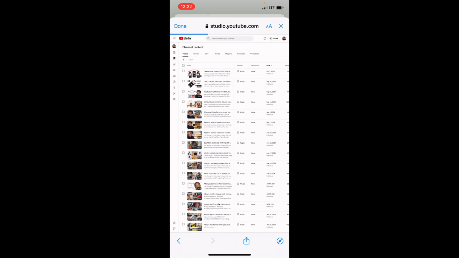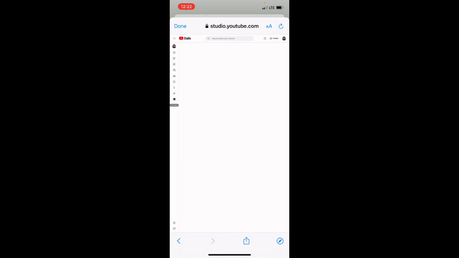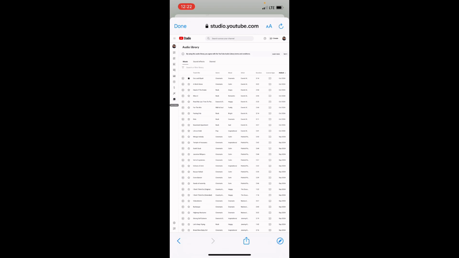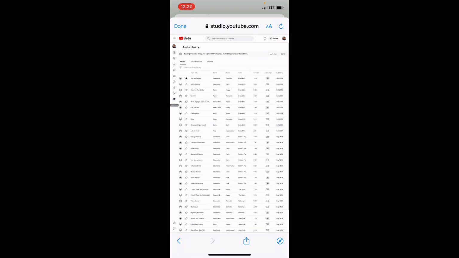then it takes you to your YouTube Studio directly. You go to the music like we did initially, then you click or you play any of them, download, and don't forget you should have opened the project you want to import it to. So once you just click on download,